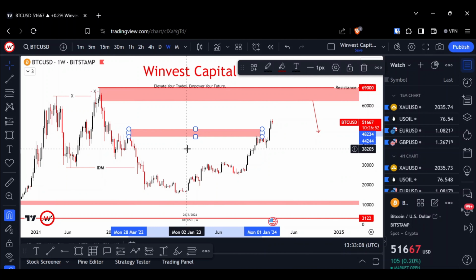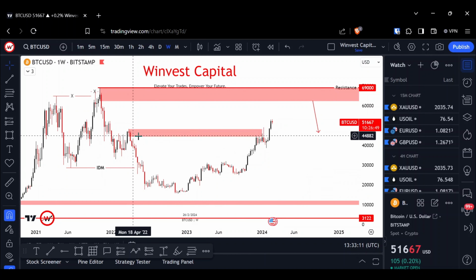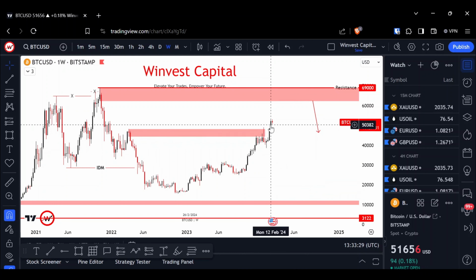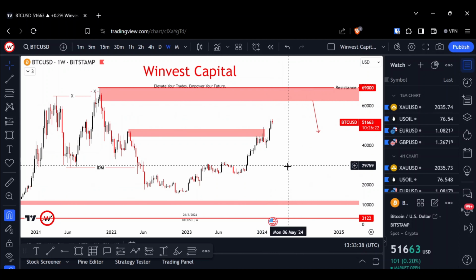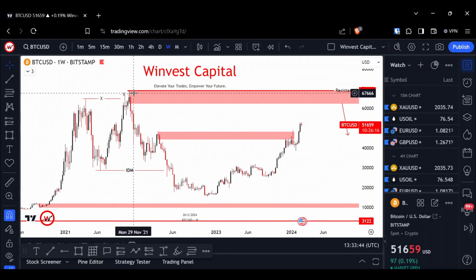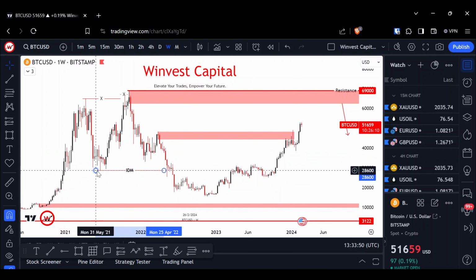Also here, this would have been the refined order block, and you can see that when it tapped, it made a sweep over the order block to stop out retail traders and made a little pullback down, where it made a run up higher and it broke above this. So it's highly likely that we go up still a bit. Let's see, because this is the major resistance, then the IDM would be